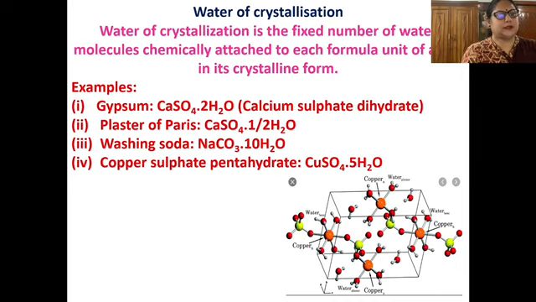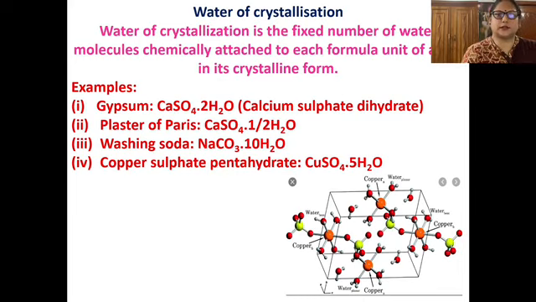Now the green color is the ball and stick model. The green balls represent sulfur, the big orange balls represent copper atoms, the small red balls are oxygen, and the small silvery balls are hydrogen. So this is the ball and stick model of copper sulfate pentahydrate, and you can see the small water molecules here. 4 are visible in the structure, and another one is on the other side. So 5 water molecules are present in the crystal structure, and these water molecules are known as